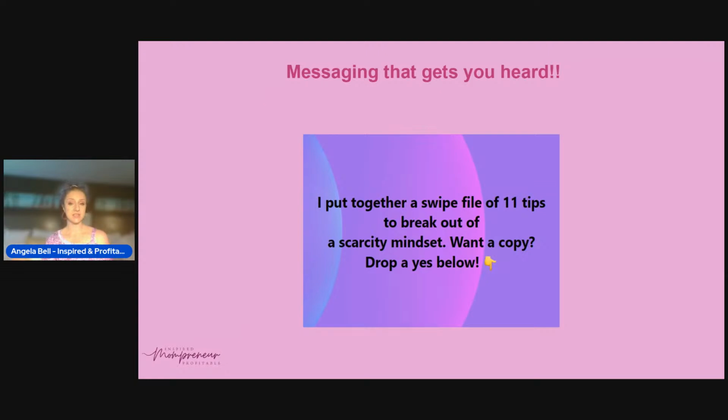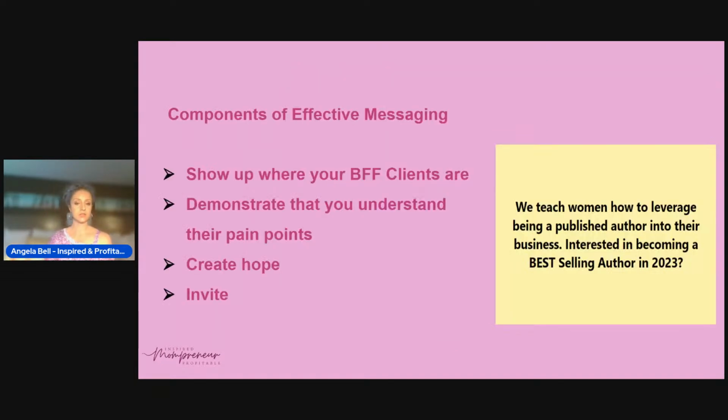Then you want to create messaging that gets heard. Okay. So you want to be posting messages once you've kind of found your BFF clients, you're now friends with them, you're engaging with them. It's starting to feel like maybe you guys could really benefit from working together. You're posting on your social media, you're sending it out in newsletters, and you're posting in groups, messaging that gets heard. So the components, if you remember, we talked about on day 3 are showing up where they are,